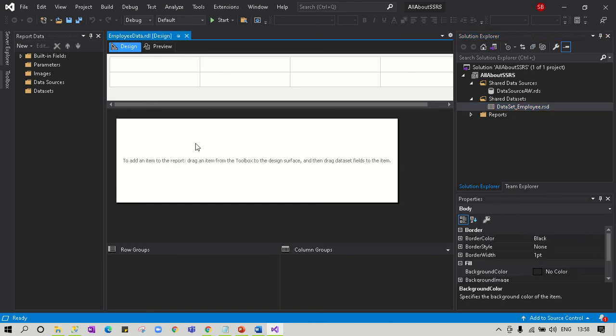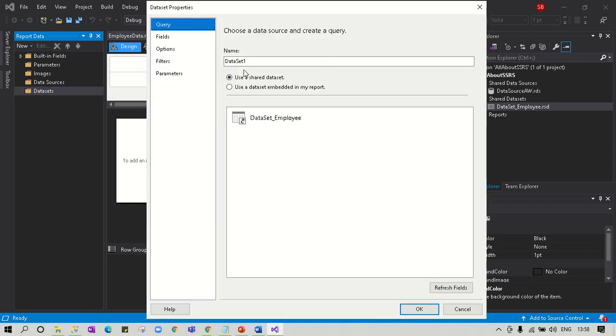Now we need to create a data source and dataset within our report. I'll go to the left section. This is the Report Data folder where we need to create a dataset or data source. I'll right-click on Datasets and say Add New Dataset. Here I need to mention the dataset name: dataset employee.